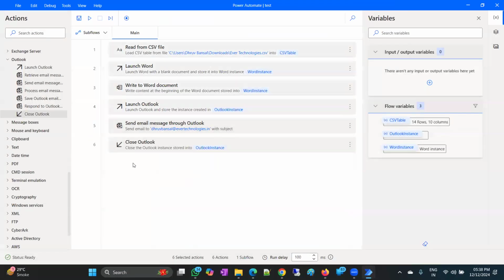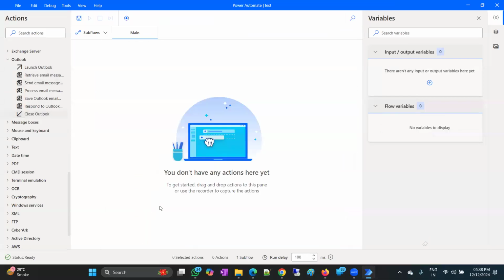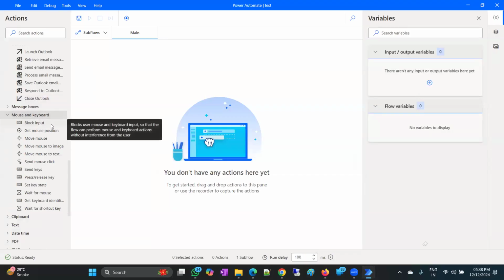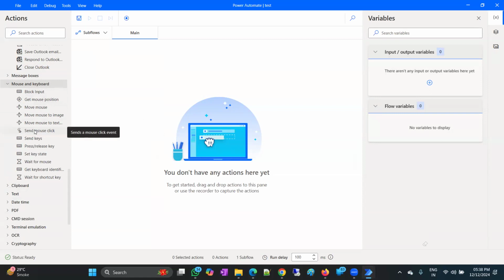Okay, so this is how you can create a flow. You can run a flow. Okay, and there is another thing which is very useful, and that is mouse and keyboard interaction. There are instances where a person is bound to sit on the system and just move the mouse or click something, or if a pop-up comes, then click on that. So it's a very unproductive activity. In order to tackle that, you can simply create a flow, move mouse,